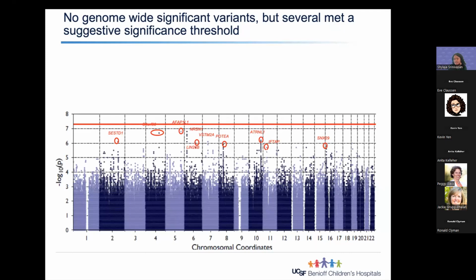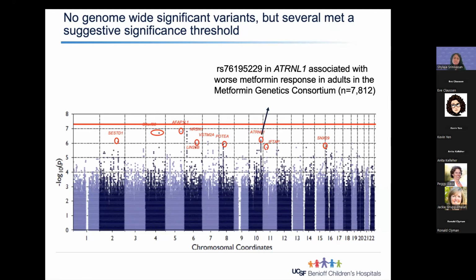And we think this is likely because our sample size was quite modest compared to genome-wide association studies, particularly in adults where there are tens of thousands of subjects. So we then chose to replicate our top findings in 3 cohorts. We replicated our findings in the Metformin Genetics Consortium, in the Diabetes Prevention Program, and in SUGAR-MGH. And we found that